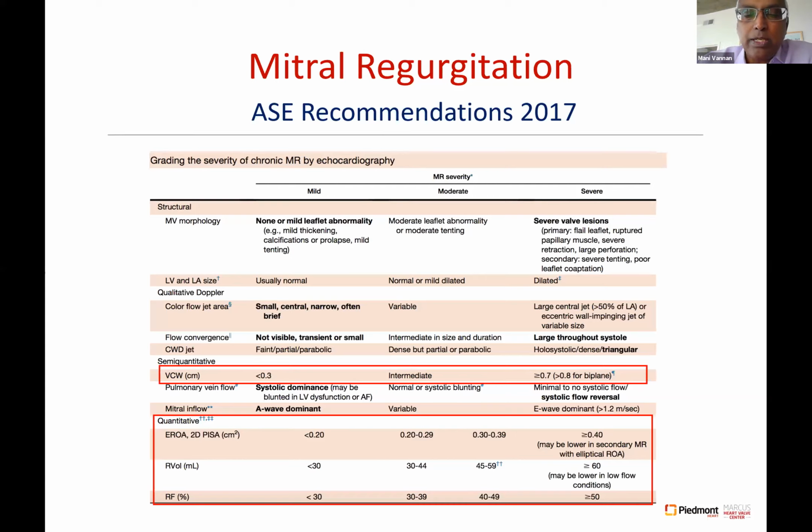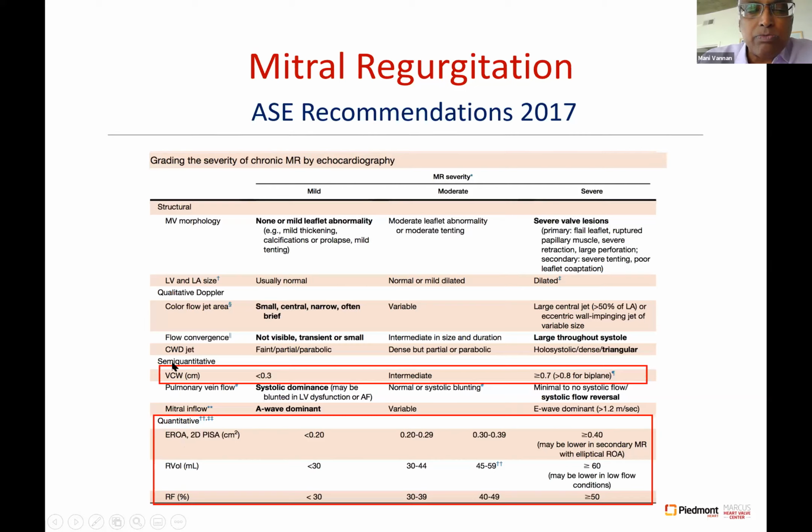As you can see here, outlined in the red box, vena contracta, regurgitant orifice area. When you do it by color Doppler, it becomes effective regurgitant orifice area, but some regurgitant orifice area. If this was MRI, this would be anatomic regurgitant orifice area. And then regurgitant volume and regurgitant fraction. Among all of these,